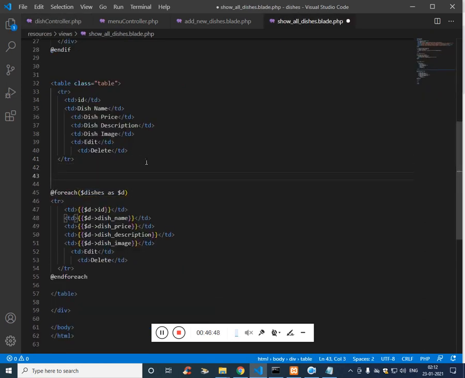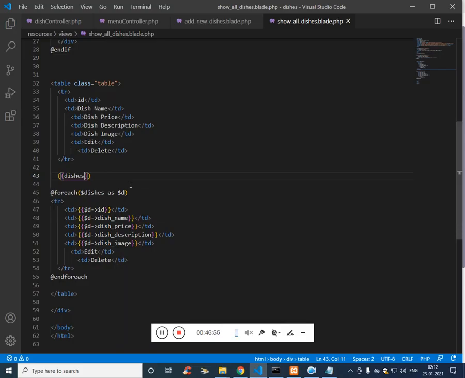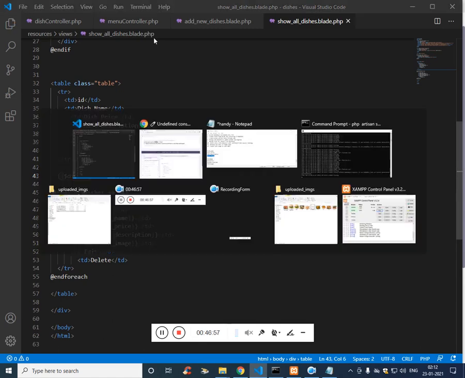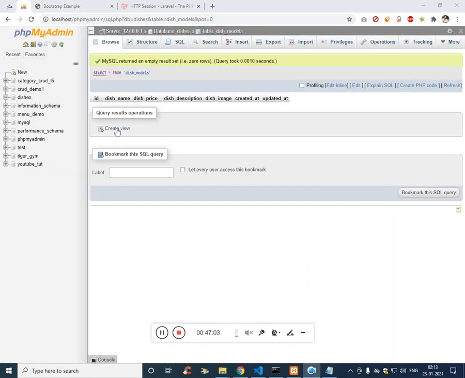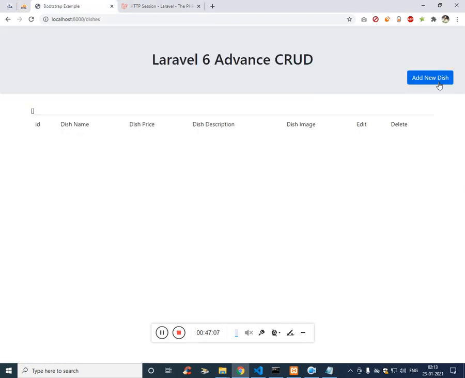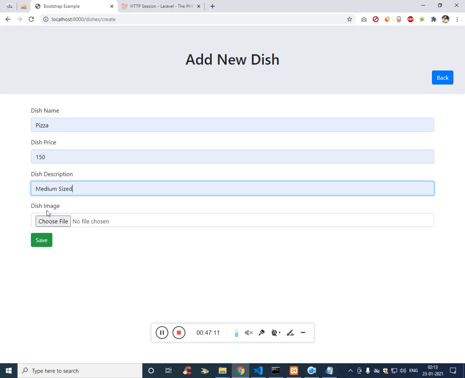Let's simply pass it like this, which is dollar. It says it is empty. Yes, it is empty because we have not inserted anything. Let's insert it. I think we have inserted pizza, but where has it gone?